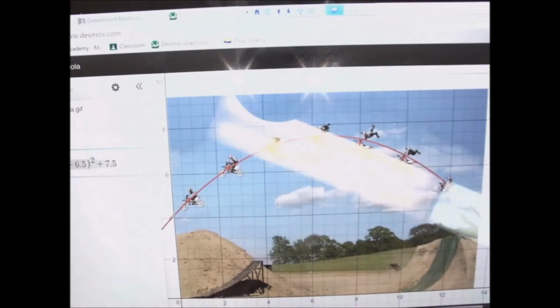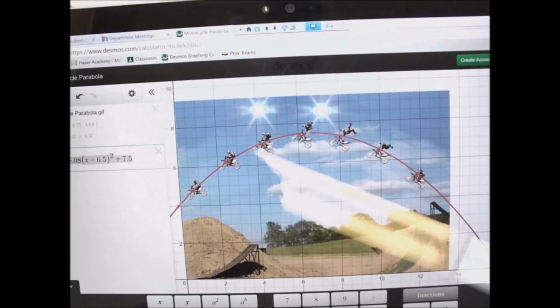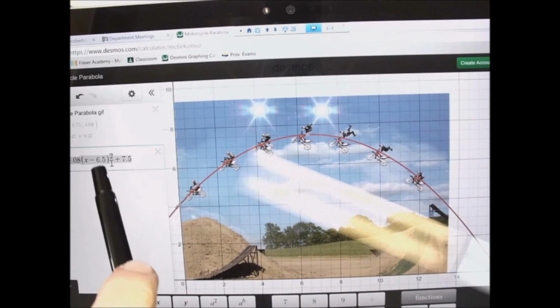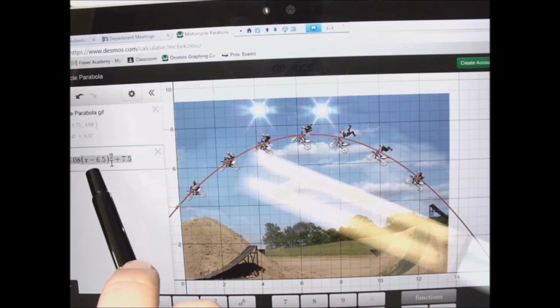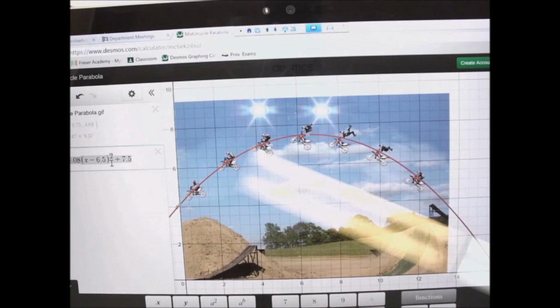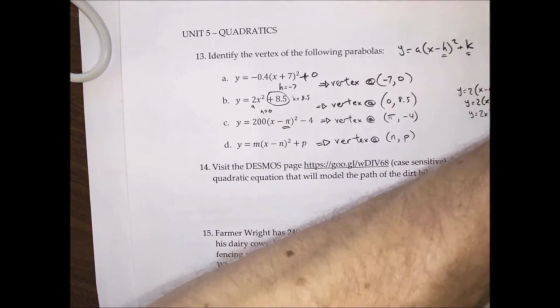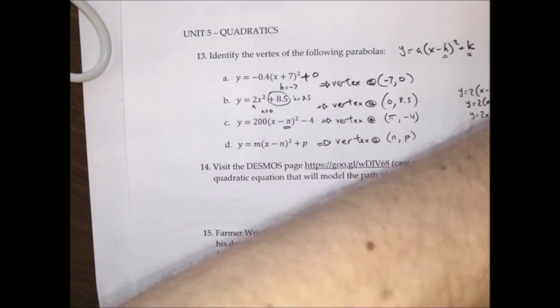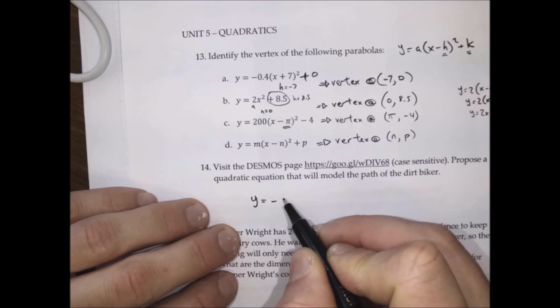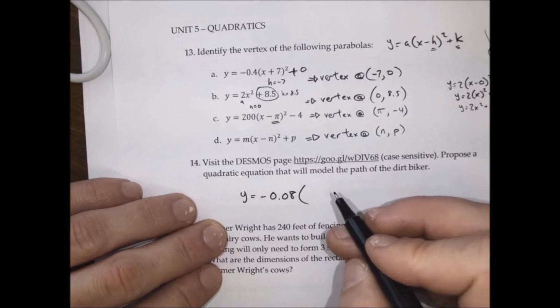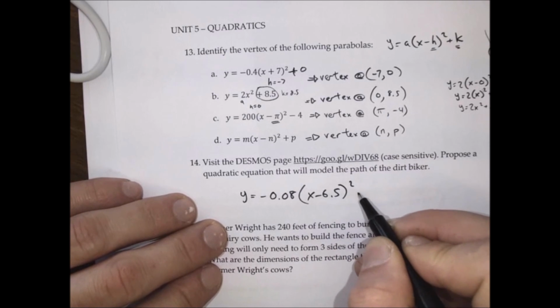All right, and so this is what I worked out. So I made a parabola. Your mileage may vary. You may have put the vertex in a slightly different place, but I made this equation here, y equals -0.08 was the a value I ended up getting. I found my vertex was at (6.5, 7.5). Now, you may have found slightly different values, and there's not just one parabola that models that. However, there's probably a best parabola that models that. So I'm going to write that down here. So y equals negative 0.08 times (x minus 6.5) squared, and we add